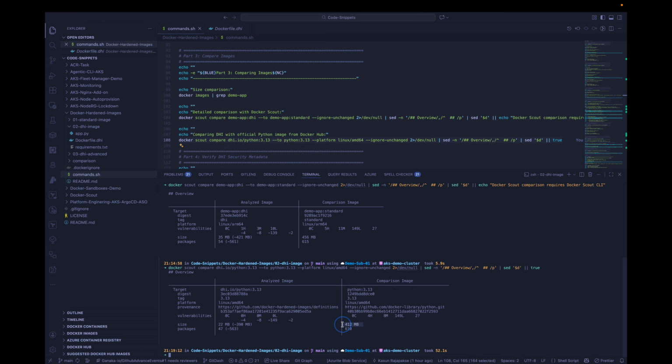Then size wise also you can see a difference. The Docker Hardened image is 22 MB, but the standard Python image is 412 MB. So the Docker Hardened image is very much smaller compared to the standard. The package count also shows a difference: 610 in the standard Python image, and you can see it's 47 in the Hardened image. So if you see these two differences in comparison,